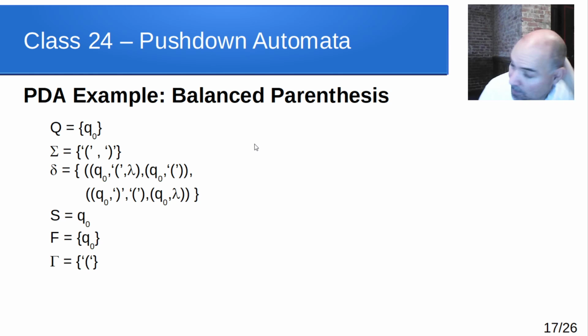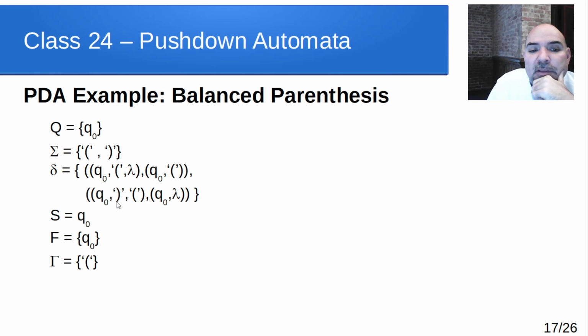So here's what the PDA looks like for that. So the pushdown automaton for that, our input symbols are just open and close. We only really need one state, which is remarkable to think about because this seems like a more complicated language than the previous one. And you'll notice we really only have two transitions here. We have from Q0, when we see an open parenthesis on our input, and we don't care about what's on the stack, we push that open parenthesis onto the stack.